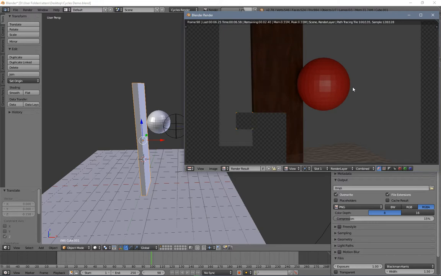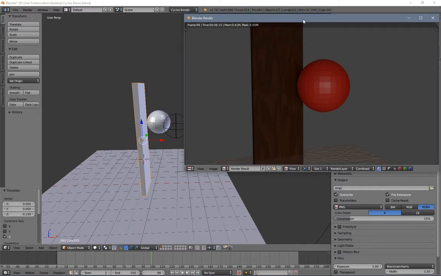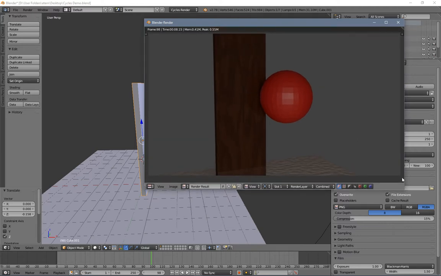Now, there may be other reasons to stick with your GPU over your CPU. Here it took 8.15 seconds. So theoretically you might say, hey, that's longer, you want to use your CPU instead of your GPU. And you may be correct. But there are other things you might want to take into account. For instance, are you using a Quadro graphics card? If you're using a Quadro graphics card, then the render times may actually be a little longer than a nice